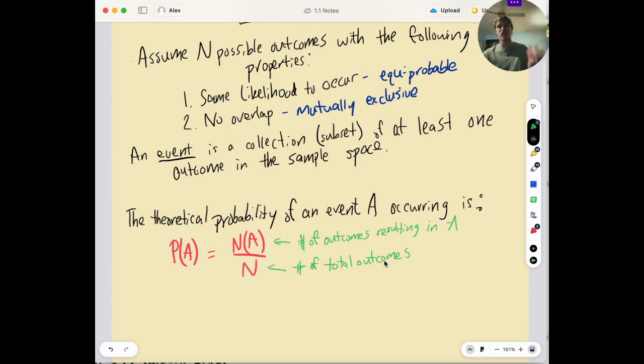And that's it. That's probability. End of lecture. No, just kidding. The tricky part is really finding these numbers. These numbers are incredibly difficult to find sometimes. Okay, just as a quick example,